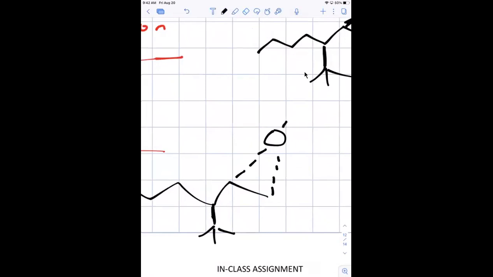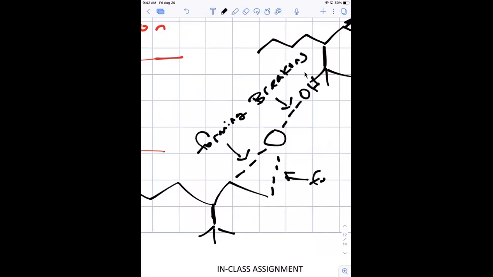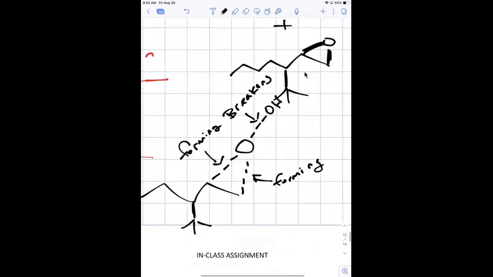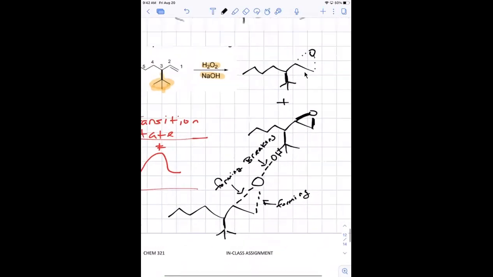And then you'll have a partially broken OO bond. So this would be forming, that would be forming. So that's what the transition state would look like for this reaction, where you have a partially formed bond between oxygen and carbon on each side, and then a partially broken bond between oxygen and the other oxygen in the